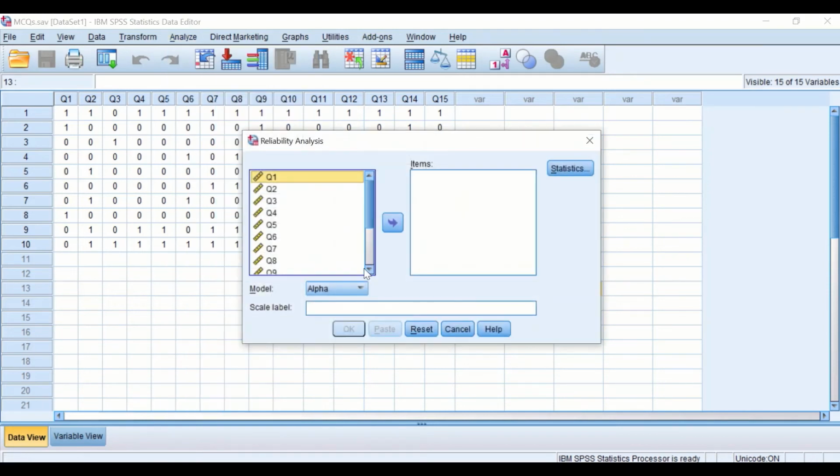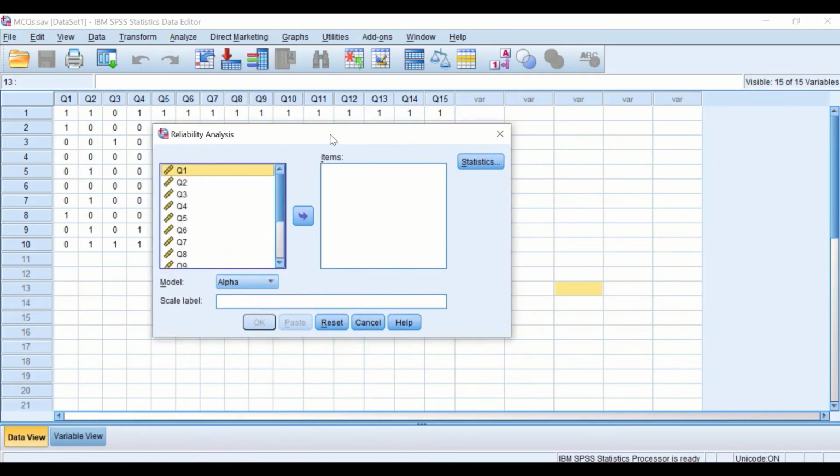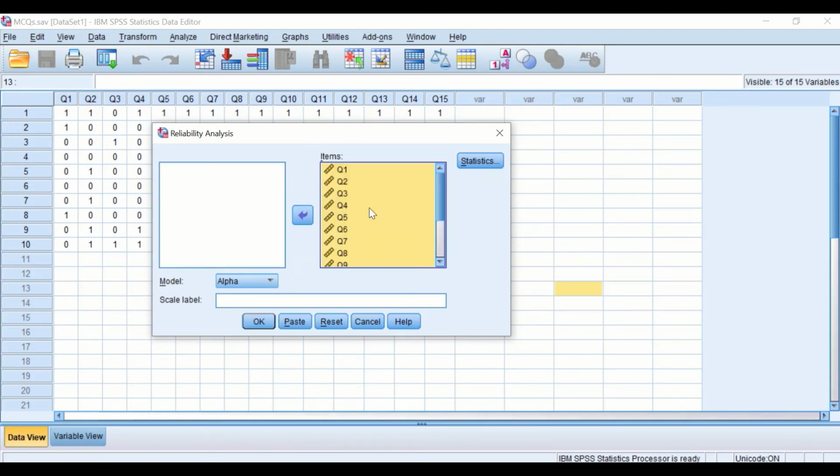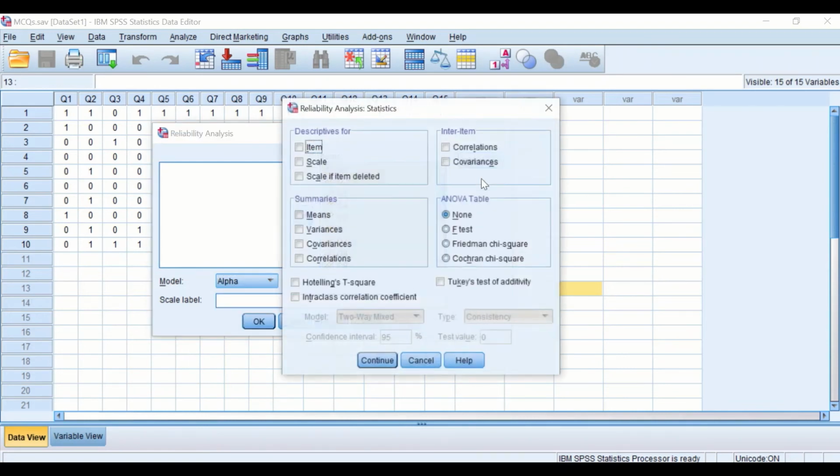Click on it. In this new window, we're going to select all the variables of the questions from 1 to 15, and then drag them and place them in the items box. And for the model, we are going to use the alpha, the Cronbach's alpha. In the statistics section